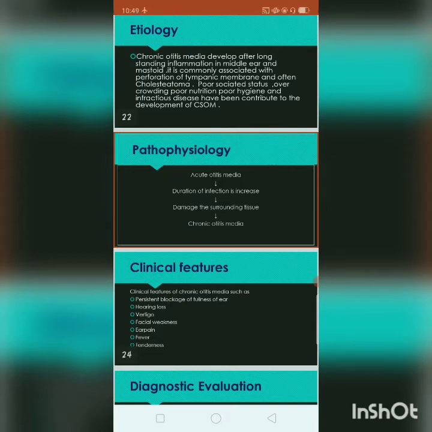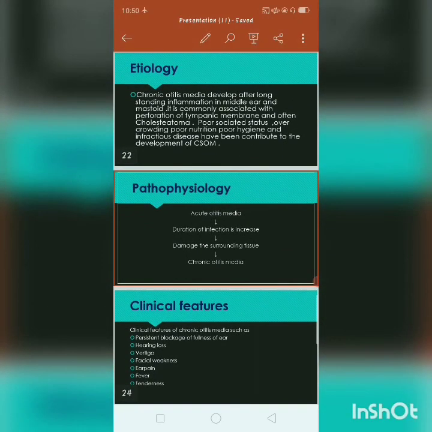As I told before, chronic otitis media develops because of repeated episodes of acute otitis media. So this is the etiology of